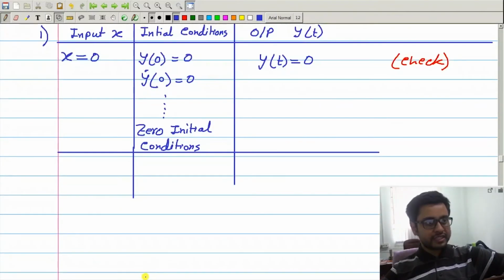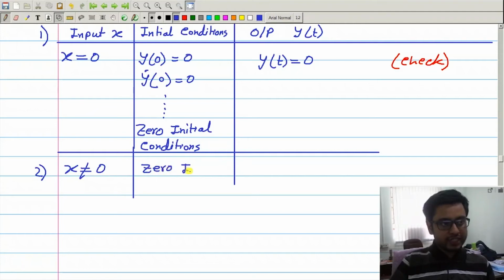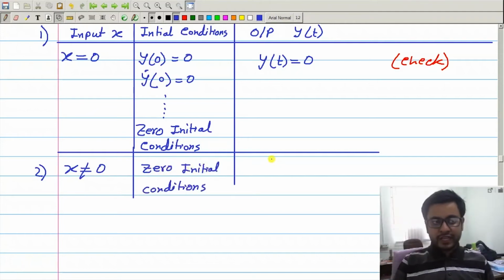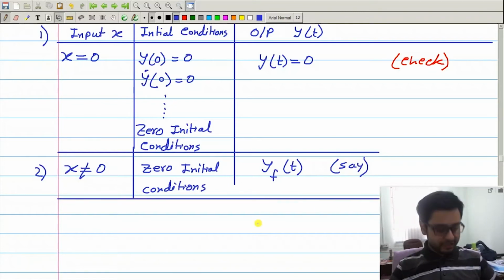Now consider the next situation when you have non-zero input but all 0 initial conditions. You will get some output, and whatever output you get, let me call that y_f(t), say. Okay, so this is the second situation, and then consider the third situation